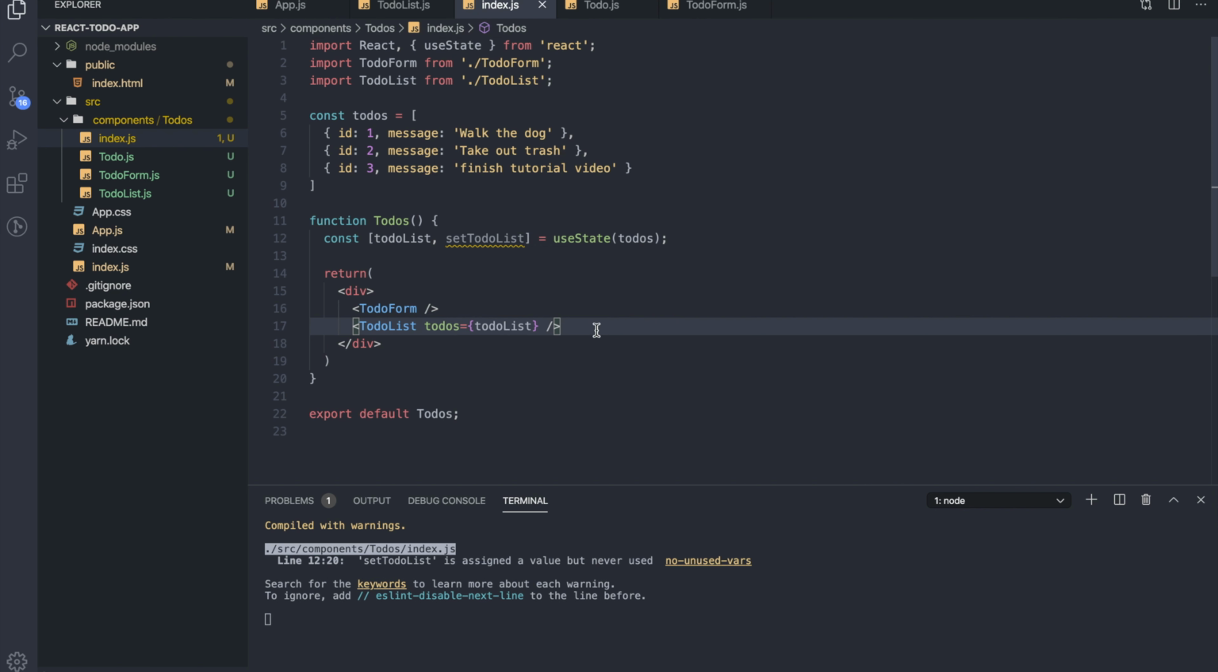Okay, now let's think about this for a second. Our to-do list is only really concerned about mapping over the to-do list. So it doesn't care about manipulating it. It's only trying to read that data. But our to-do form is trying to manipulate that data by adding to it. We'll get to the point where we're deleting and editing that data. So what we can now do here is actually say